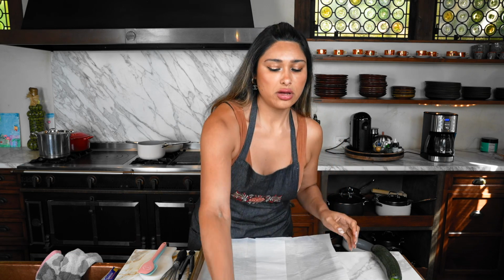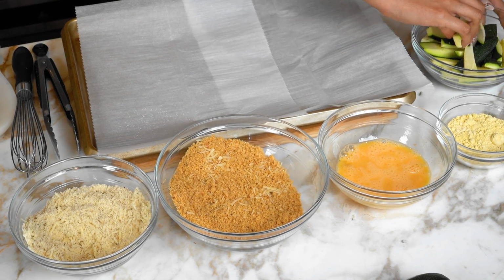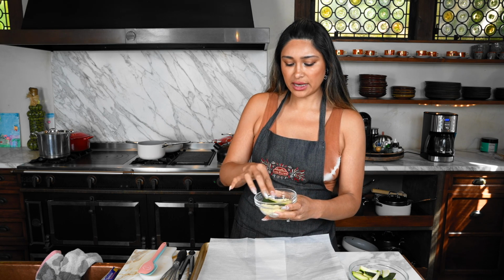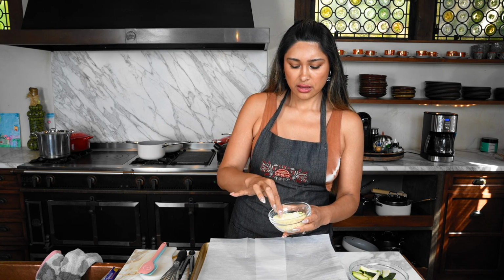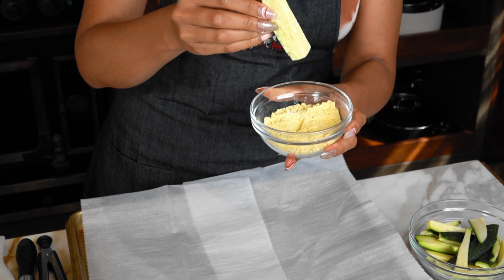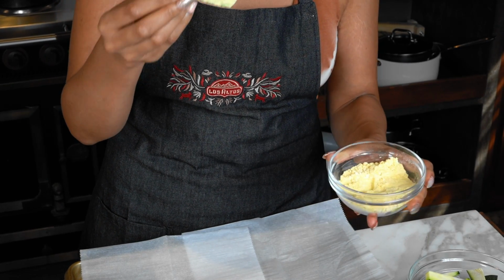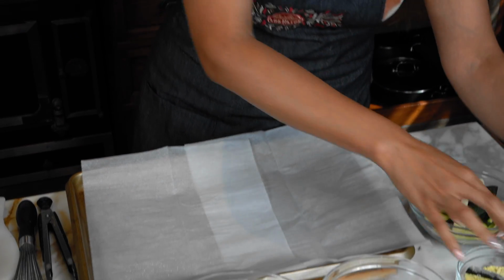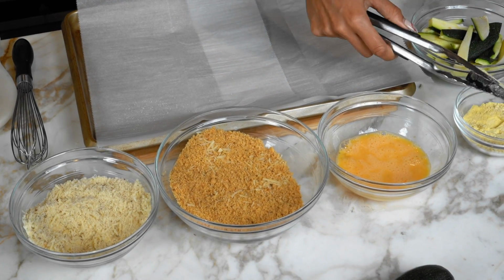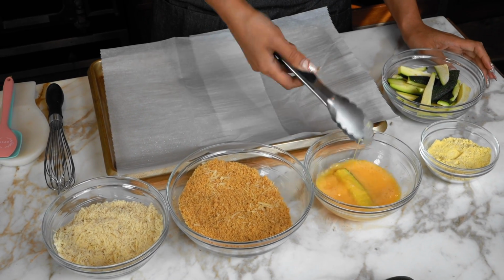We have our zucchini here. And what we're gonna do first is grab your zucchini, your fry, and just dip it into the Lupin flour. So it's just going to absorb the moisture, and then it's gonna let the egg stick to it, which will just lead to a crunchier fry, okay? So just for the sake of keeping our fingers clean, just dust off the excess, toss it in the egg,